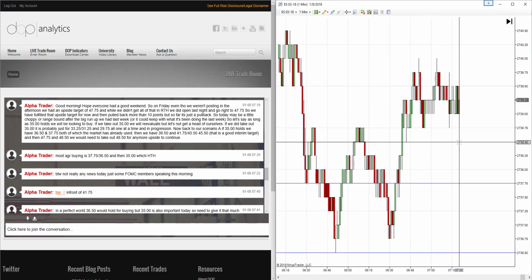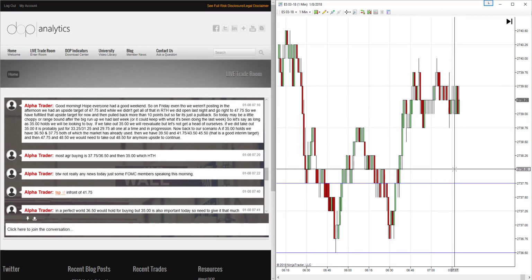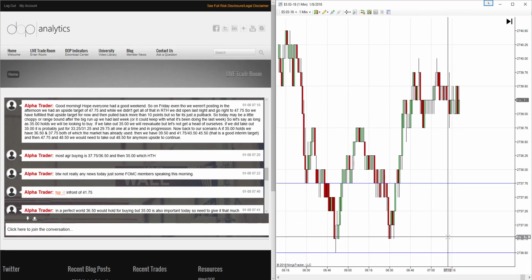Okay, so we know that 37.75 and then 36.5, and then we have this has to hold price level at 35. So most aggressive buying is at 37.75, so we're going to be looking to go long at 38, and then 36.5 down here, we would look to go long at 36.75, and then of course 35, very strong support level,